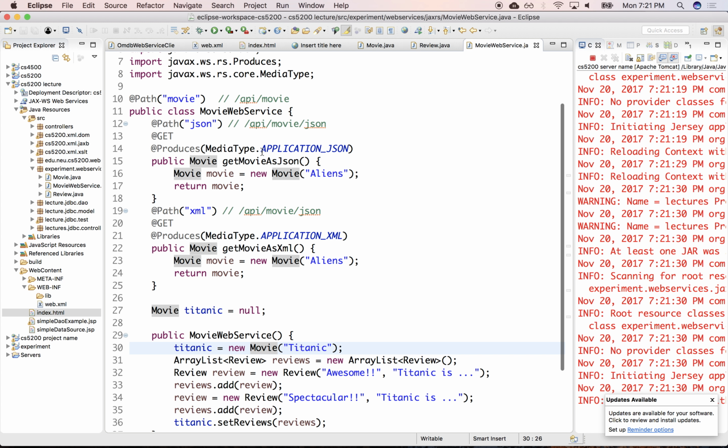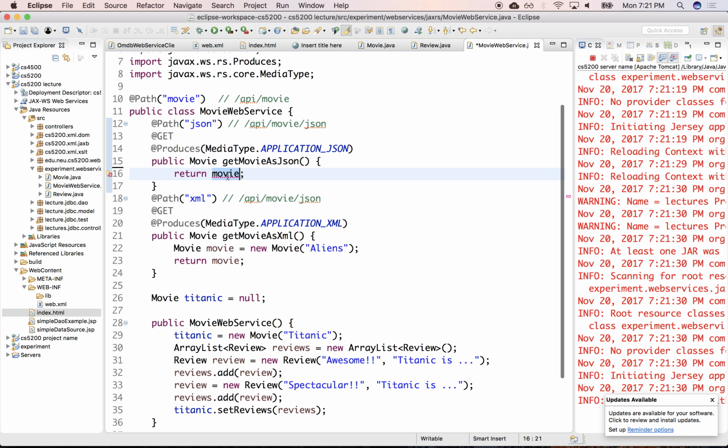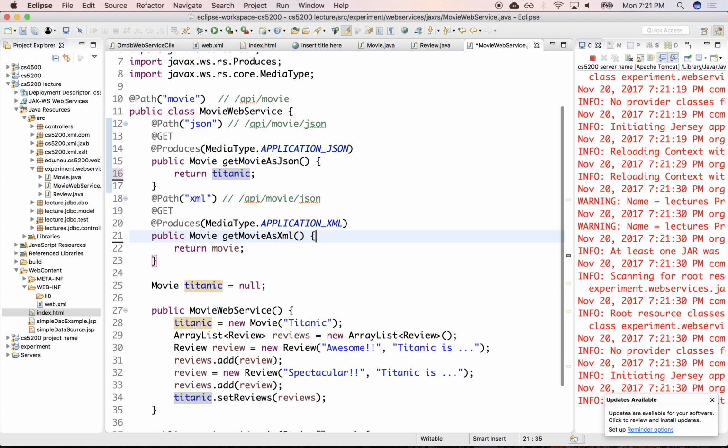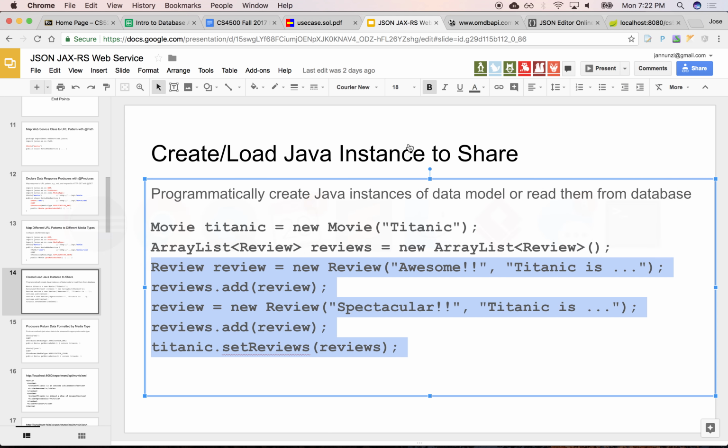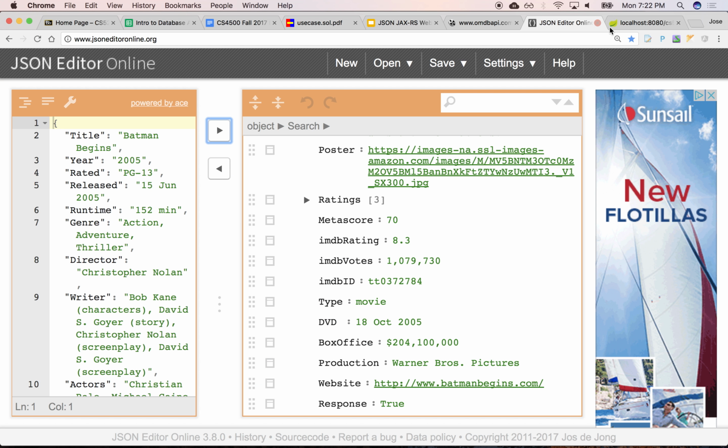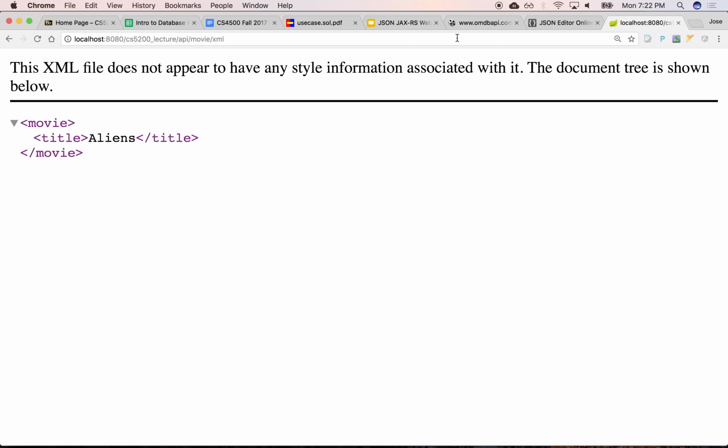So here, instead of returning aliens, let's return Titanic. That's JSON. So this is Titanic and Titanic. All right, so once that rebuilds and redeploys, if we go back and retrieve the movie as XML,